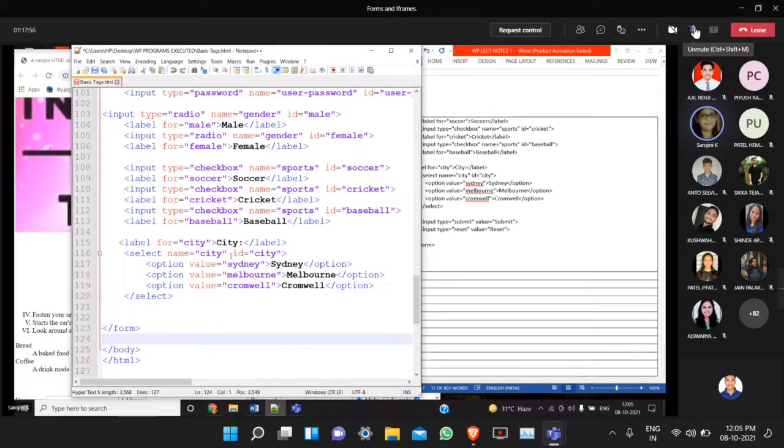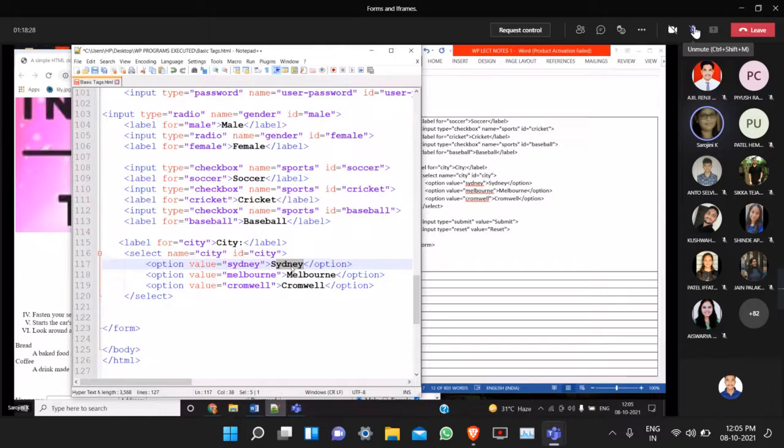And then within the select tag, to display each and every list item, or option, I have to use a separate option tag. So option value equal to what? Any value I can give. This is user defined. And then what I want to display as a list item. If you press the drop down box, all the list items will be visible, no?